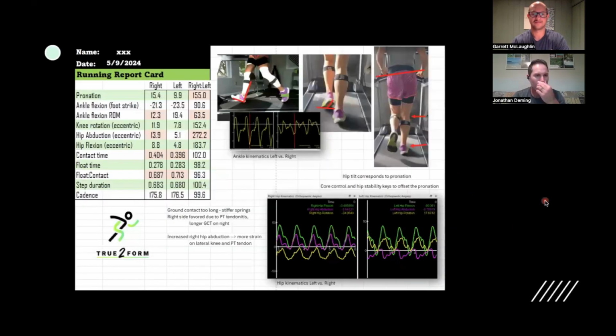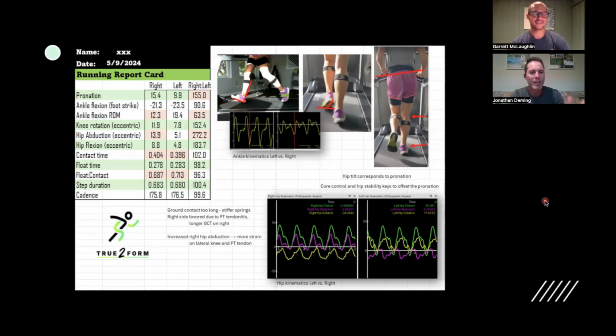So now let's see. One more slide, I think, before we get into the specific ones that we came to talk about. This is a running report card. This is slightly different than the one I showed you before, which was the overhead squat. This one gets into some of those parameters or biometrics. Somebody asked what's the most important one? I still haven't figured out the answer to that yet, but here's a list of some of the